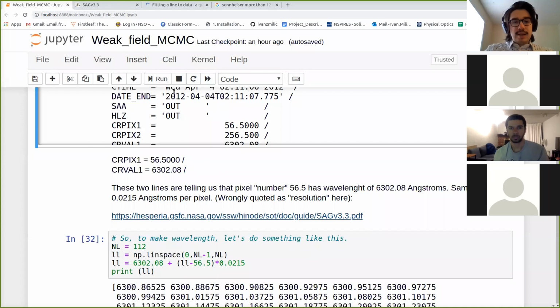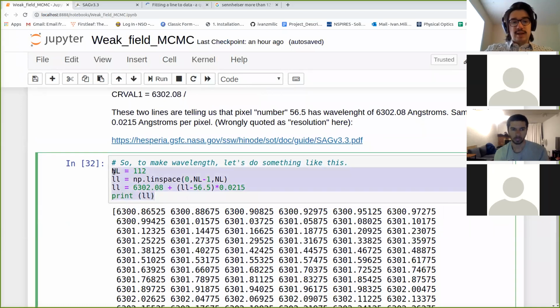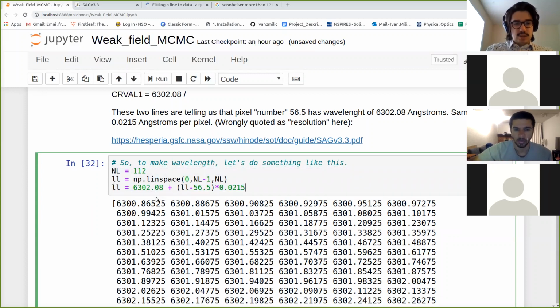So now, when we need the sampling and we know the position of at least one pixel, we can create our wavelength grid using something like this. And I actually don't need this print because I'm convinced that it's okay. So basically, I'm going to create